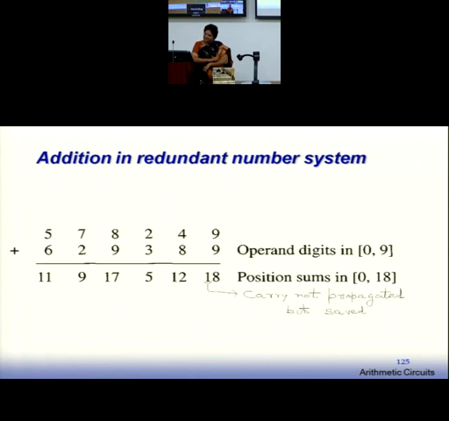Because my digit set is, again, I want to work with radix 2, but then I am choosing a digit set which consists of 3 digits. So we saw the example with 0, 1, 2, and we saw the example with -1, 0, 1. You can choose digit set 2, 3, 4, 5, 6, 7. Nobody stops you. But as I said, we want to reduce the switching activity also, because that also gives you a benefit in terms of power consumption.